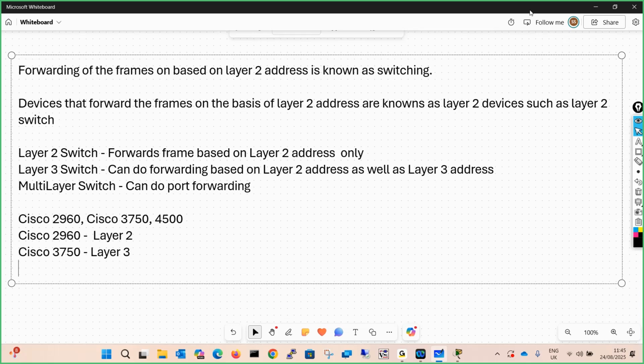Then we had a multi-layer switch, that is Cisco 4500. This was, I can say, a campus area network switch, right?